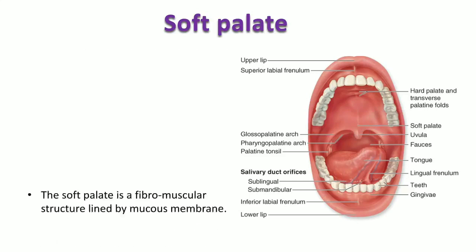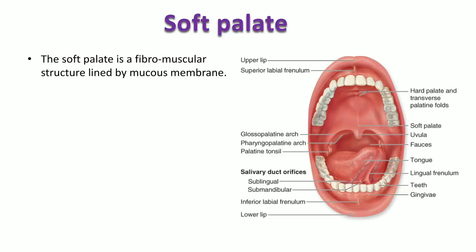Mainly it is made up of the fibrous aponeurosis. Then you have 5 pairs of muscles, and it is covered by mucous membrane, and deep to the mucous membrane you also have palatine glands. So that is why it is a